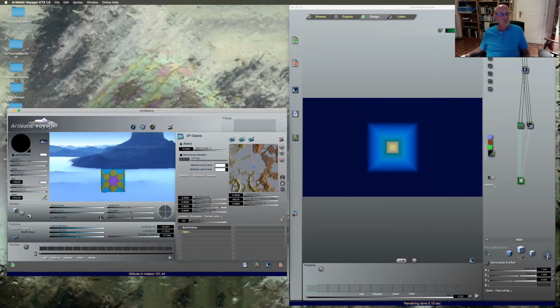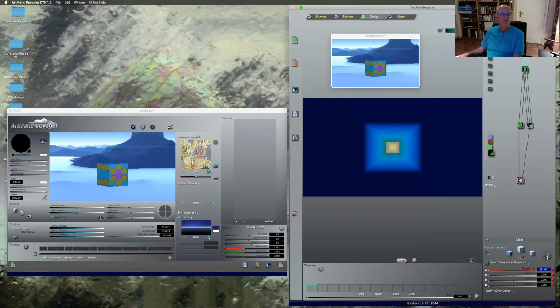Now, I mentioned pitfalls, and here's one of them. This looks very nice, but what happens if you look at this object from another point of view? Well, let's just rotate it a little bit. And you can see that the pattern is not quite right. You see, it's not the same pattern in every direction. In fact, if you look at this view, it seems like the pattern is just slicing through the cube, sort of like